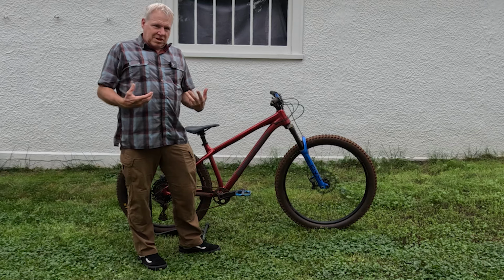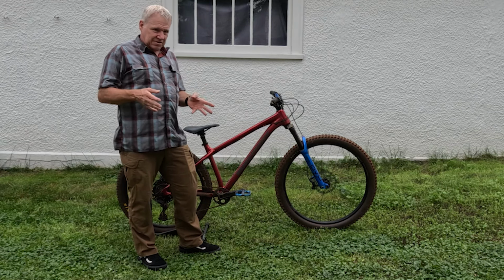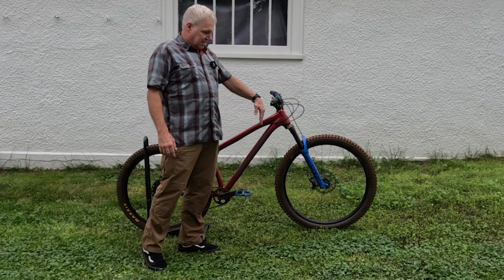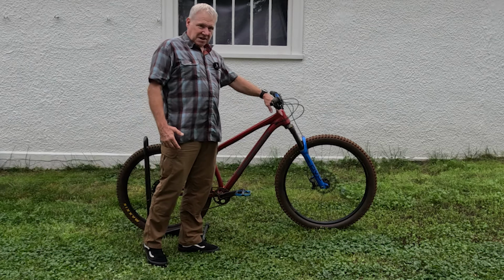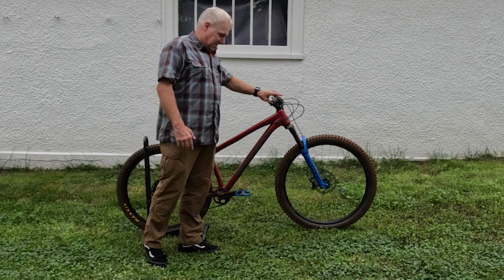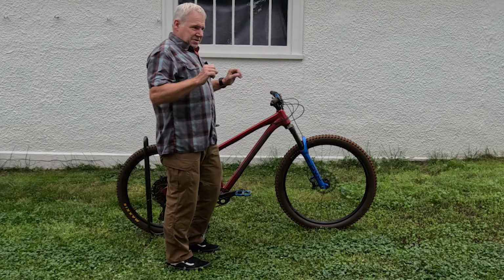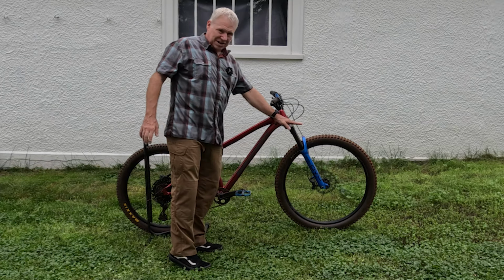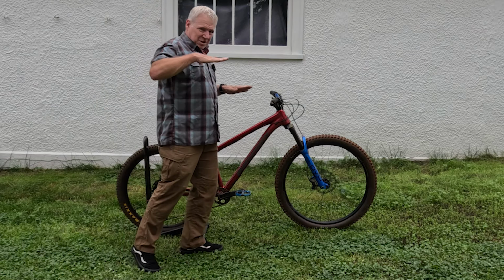So as mountain bike riding has progressed, there's more flow trail, more technical trail, things like that. So have bikes. And one of the biggest things that have changed over the years is the front end. The front end has gotten longer, the stems have gotten shorter, things like that. It's all about getting the front wheel further out there so you're not front end heavy and have too much weight on the front wheel and not enough on the rear, especially in the case when the bike does point